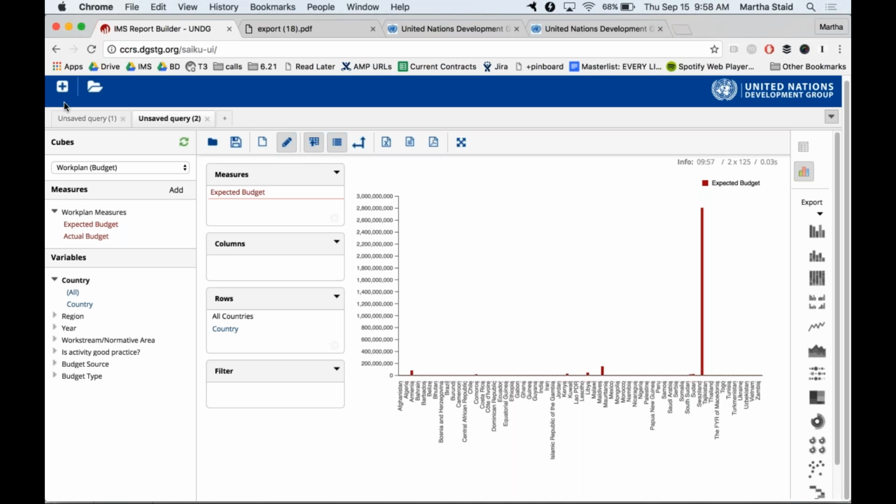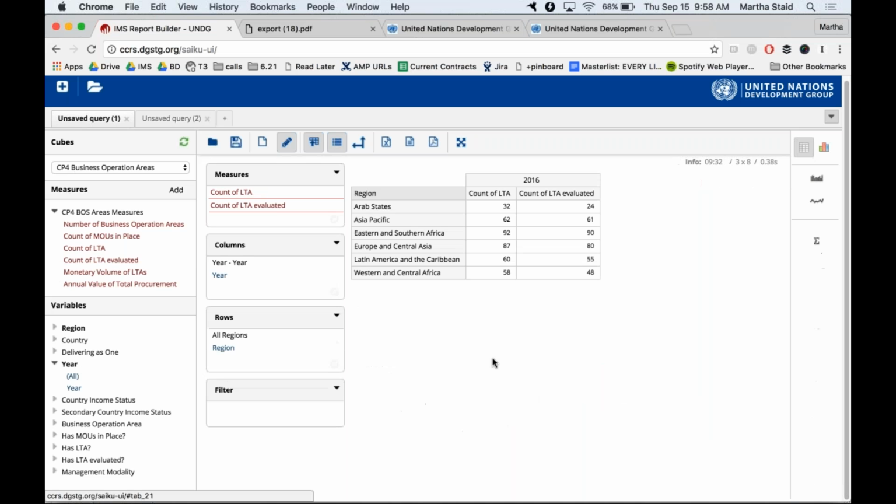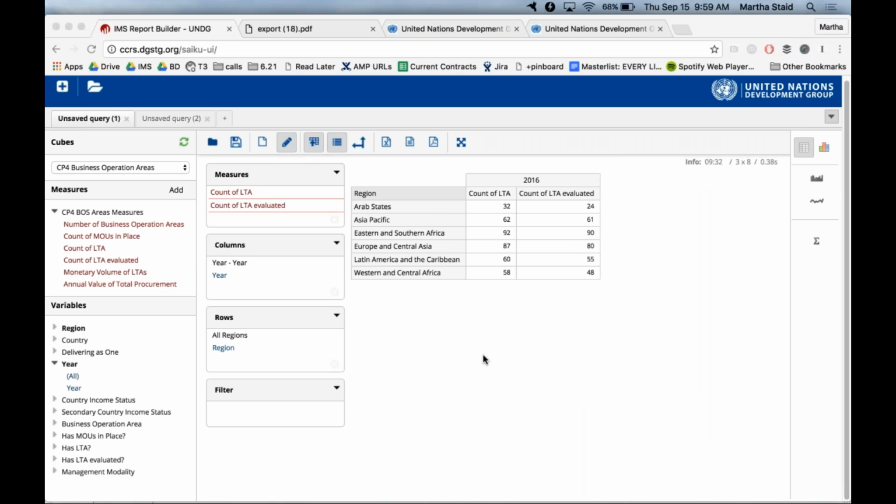Okay, great, thank you. We have a second question from Connie. Is it possible to also do some projections in the future based on current trends once we have 3 to 4 years of data against many of the measures? That's a great idea. The system itself does not allow for projections, but you're right that changes over time are something that is going to become an increasingly valuable and interesting way to use the system.